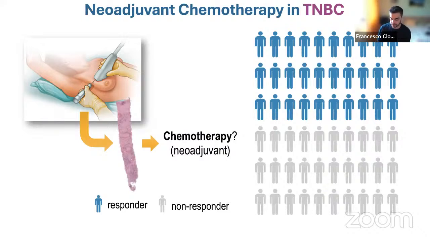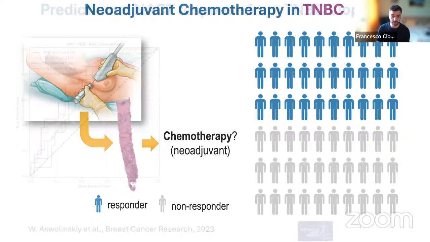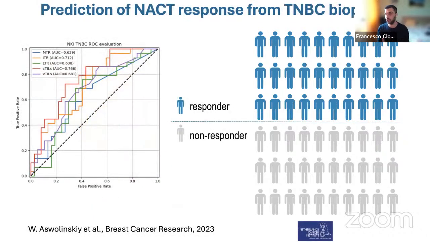We developed a number of algorithms to actually encode a number of what we call computational biomarkers. So we looked into, for example, the presence of immune cells in the tumor area. We looked at the predicted value or the presence of proliferating tumor cells, so the mitosis also, which was not investigated in the context of predicting neoadjuvant chemotherapy response. We looked at a number of other morphological biomarkers, all done with AI, and we tested all of them in an external cohort. And these are the ROC curves that we got.